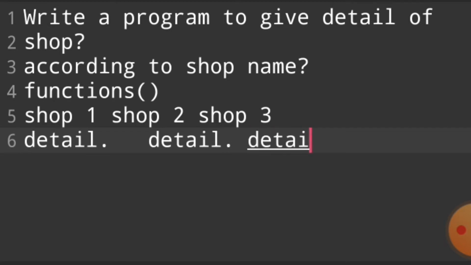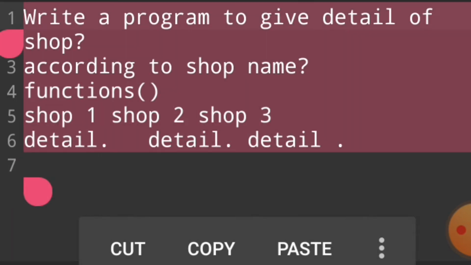If our user enters 3, we give the detail of shop number 3 with the help of a function. I hope you understand this topic very well and in an easy way. In this case, we use a void function. We can't use a recursion function, because a recursion function calls itself again and again according to a condition.